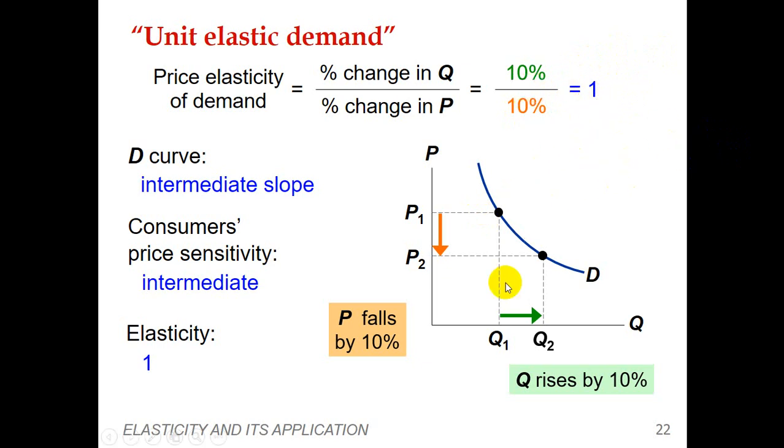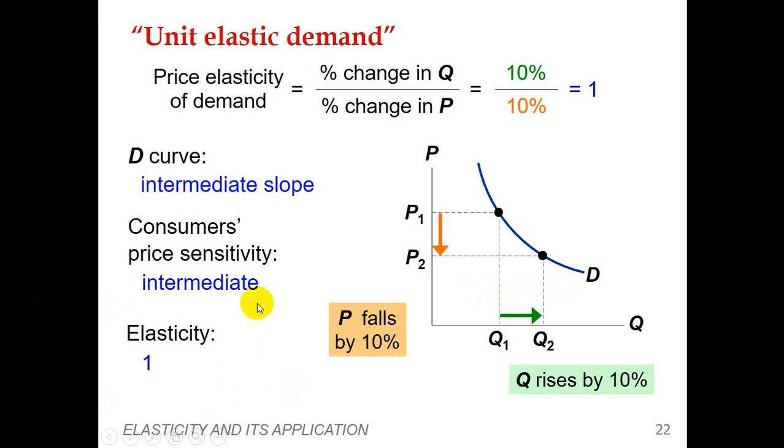So here you can see, because we know that there is a negative relationship between demand and price, when the fall in prices is 10%, the quantity demanded rises by 10%. So 10% decrease in prices and 10% increase in quantity demanded. So it is an almost simultaneous change, because the demand curve has a negative relationship. So it shows the unit elastic demand is equal to 1.